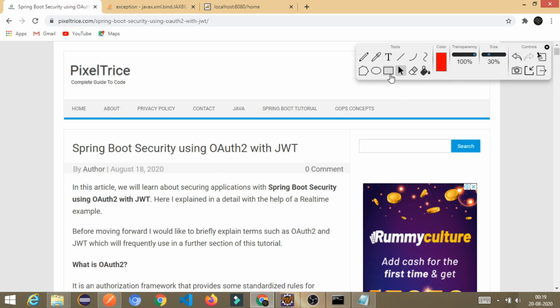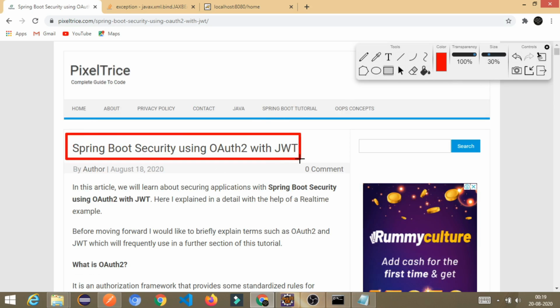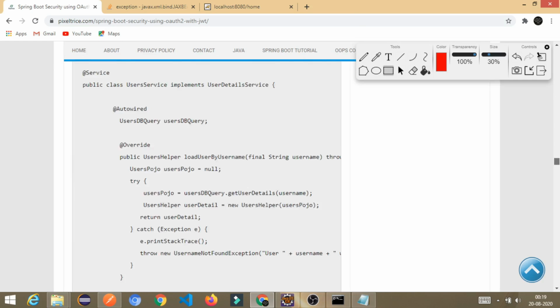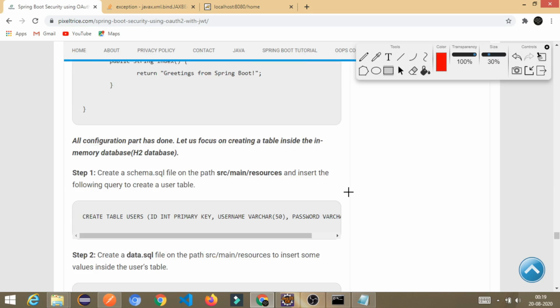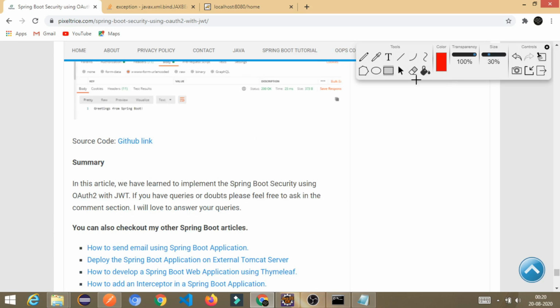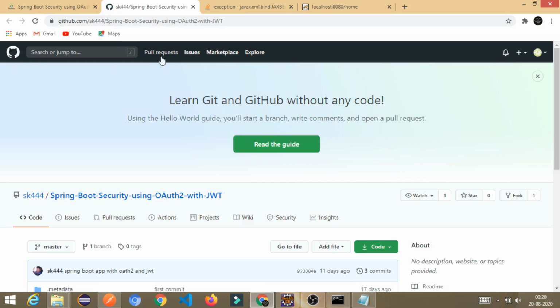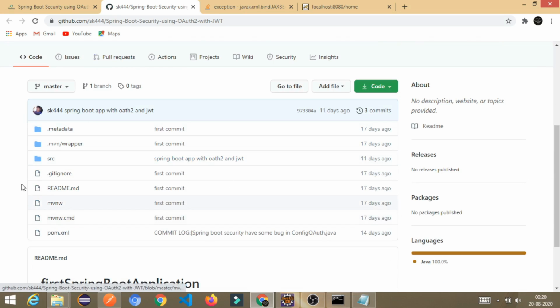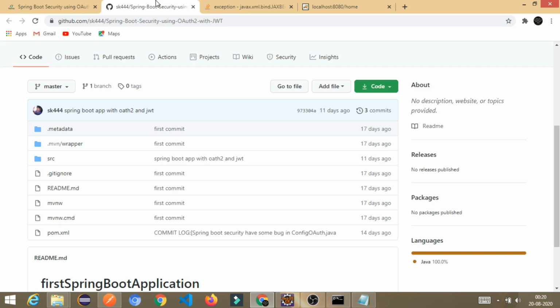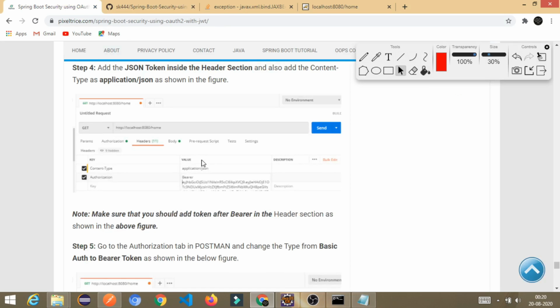If you have any problem, just go through this article. I have written everything I explained in this video, and you will even get the source code of this implementation. You can download it from GitHub. I have given the link here. If you click on that link, you will be able to access my repository on GitHub and get all the source code. This is for reference purposes only. If you have any trouble, you can find it, clone it and use it. But I recommend you implement it yourself.